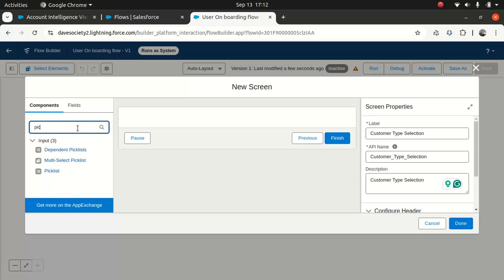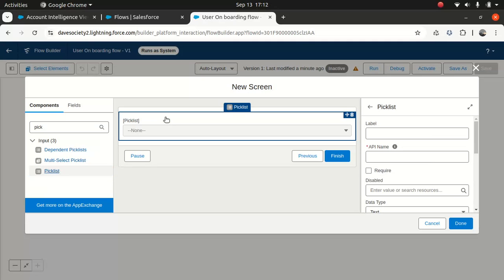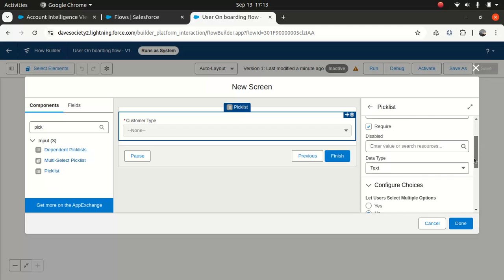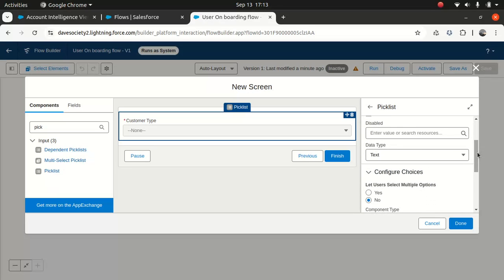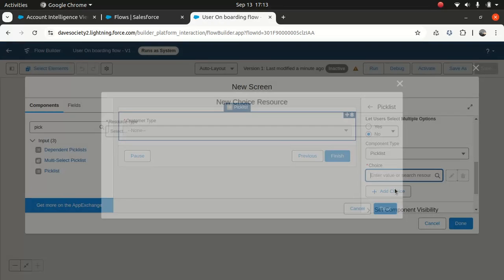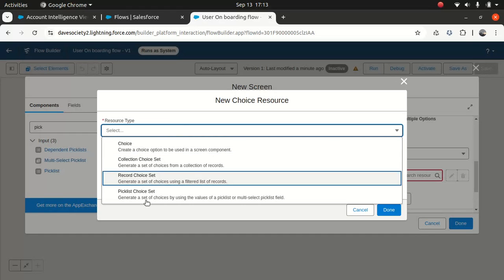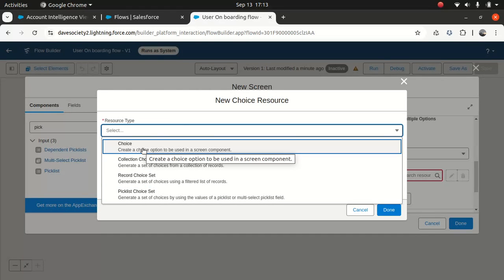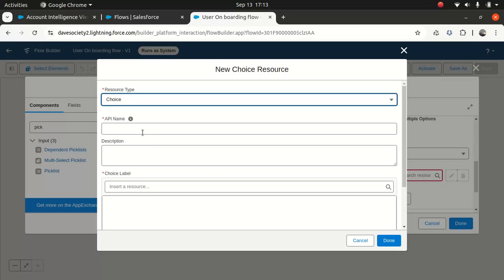So I will drag and drop a pick list component here. I don't want a multi-pick list because I want an individual option here. So I'll come here. Now I will say customer type. Yep. And it's mandatory. Obviously, the data type is text. Now it's a component. Now add a choice. Now I'm going to add a choice resource. Now we've got different choices. Now I'm after a very simple pick list option. So what I'll do, I'll create a choice and I will say